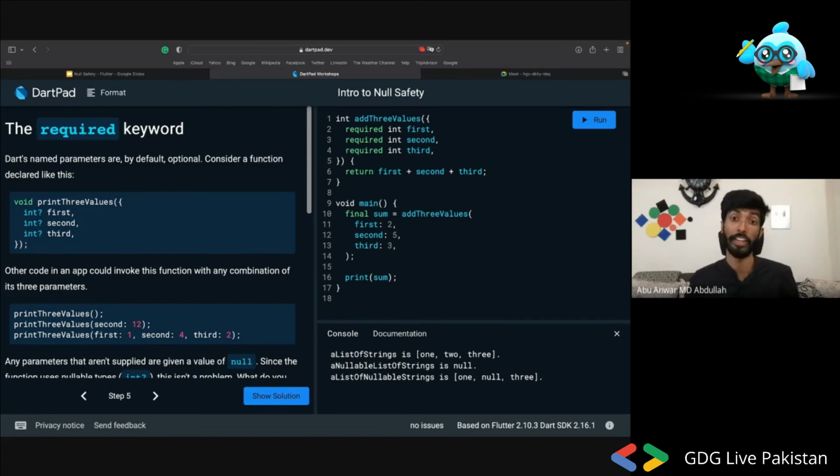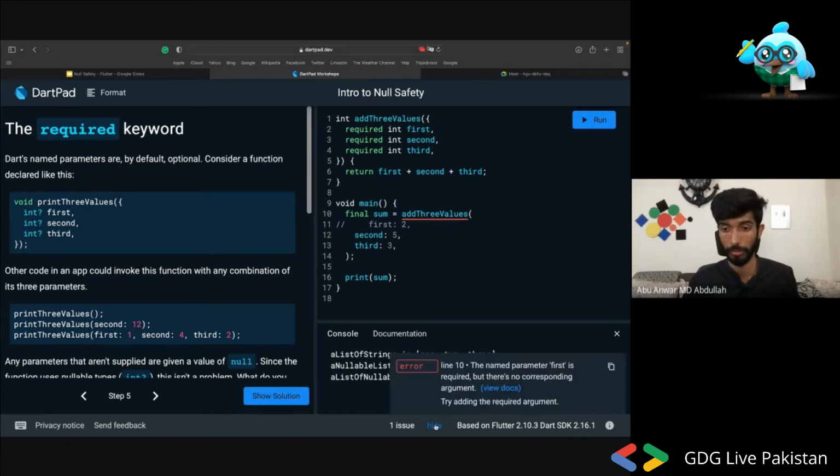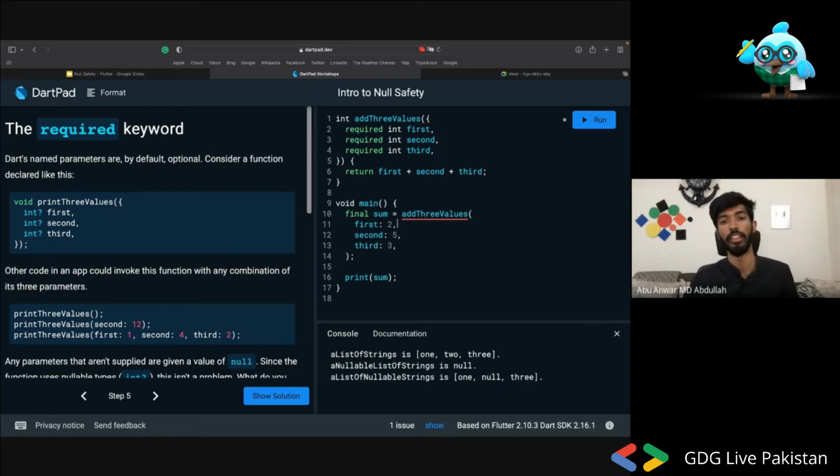So if we want to add 3 values, we have to pass 3 values. Now, once we define our function, if we don't define the first value, it shows an error. Why? Because it says the named parameter first is required, but there's no value here. Pretty simple, isn't it? Those are the common problems that we all face while working with Dart, especially